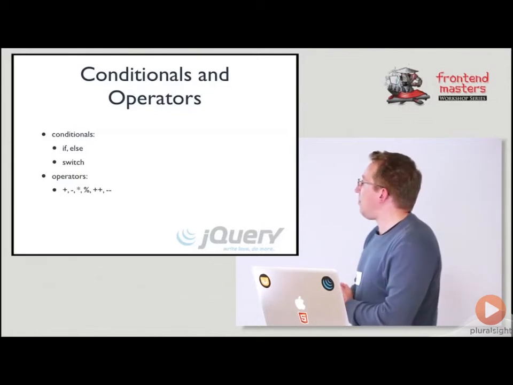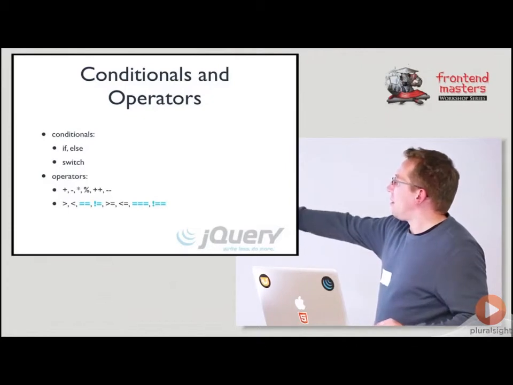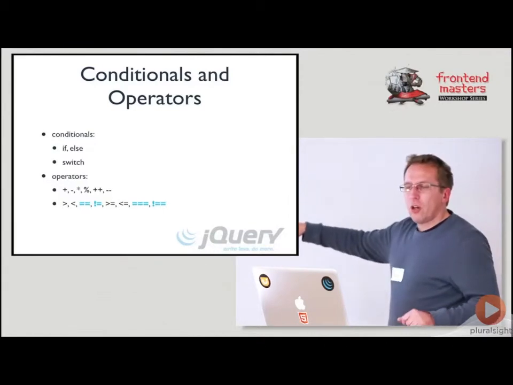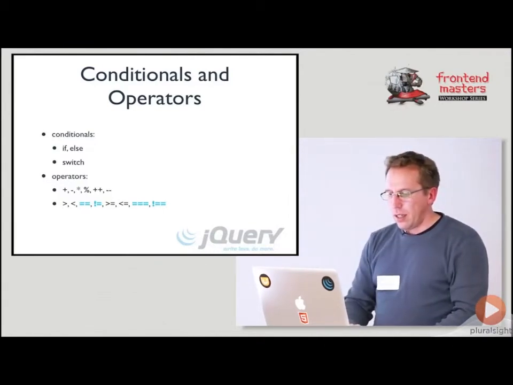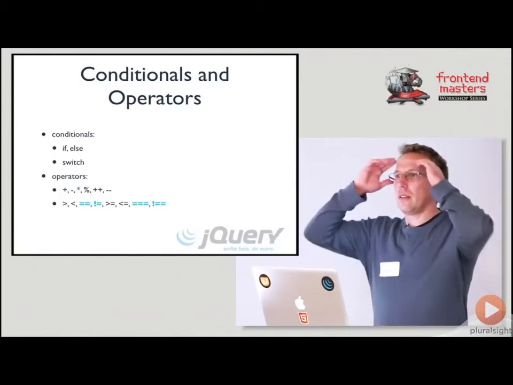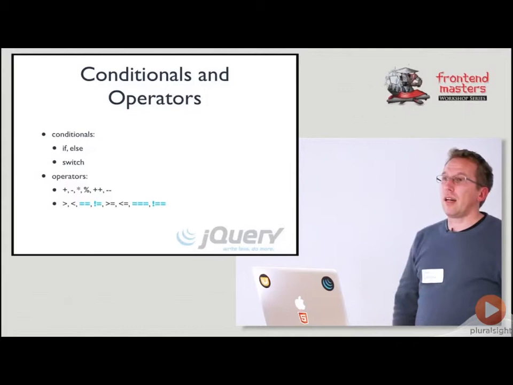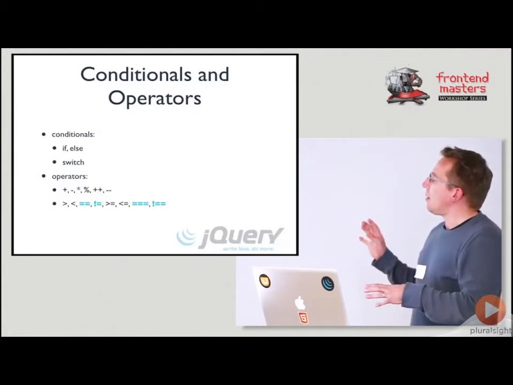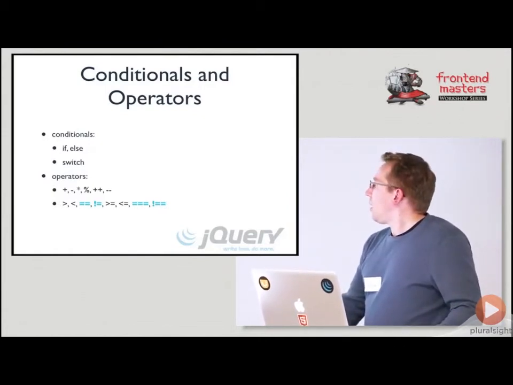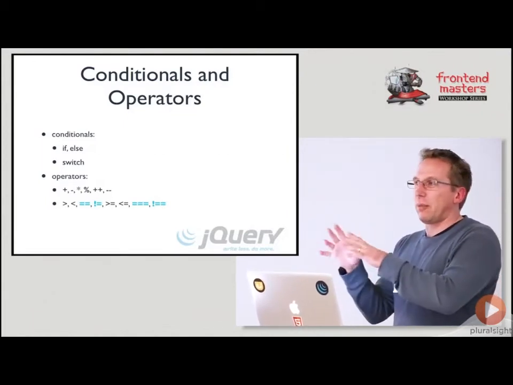Okay, and then we have our logical operators. I put a couple of these in blue and bolded them. Do you know what the difference is between the double equals and the triple equals? Does anybody know? One tests equivalence, the other tests equivalence including type. That's right, because you can have auto cast for you. So two things can be equivalent but not be of the same type. And if you just use double equals, it'll